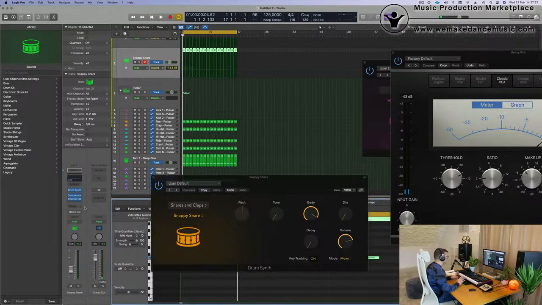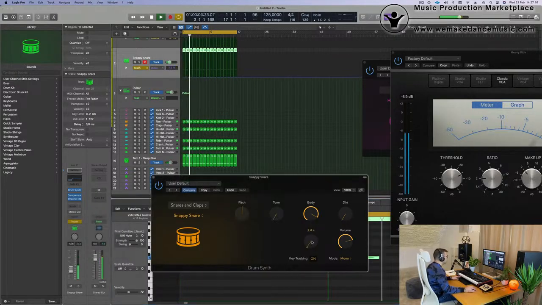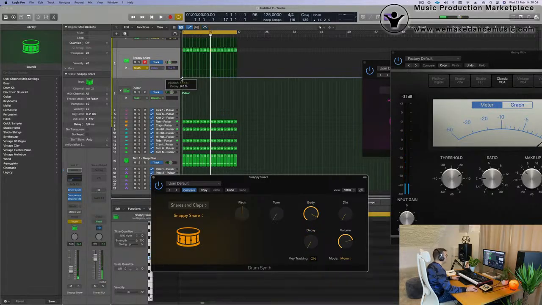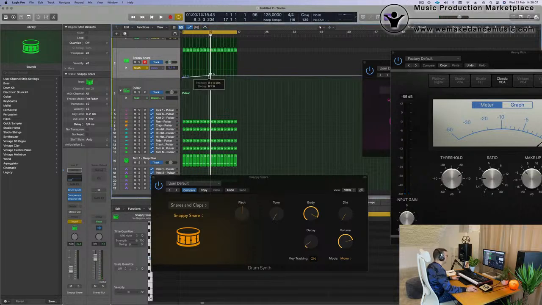I can do two different things. I could do a send to a reverb, which will make it bigger, like in a room, or what I will do is increase the decay. So I'm going to put it on touch, open, until it becomes pretty much only noise. Like this. So I think this is